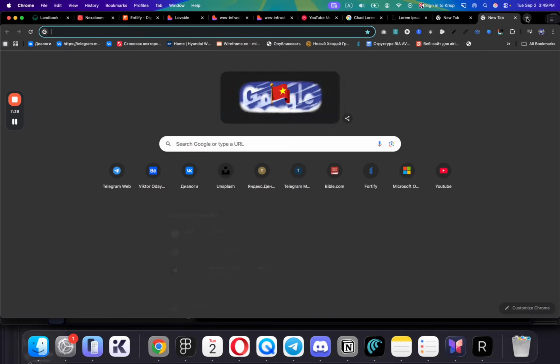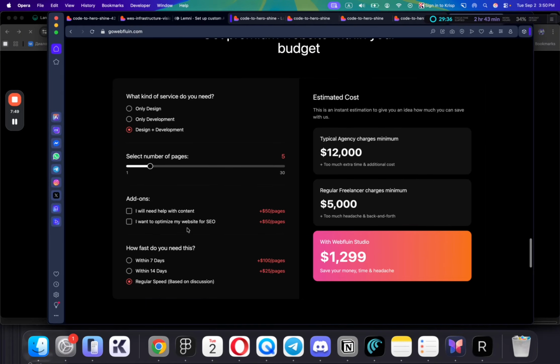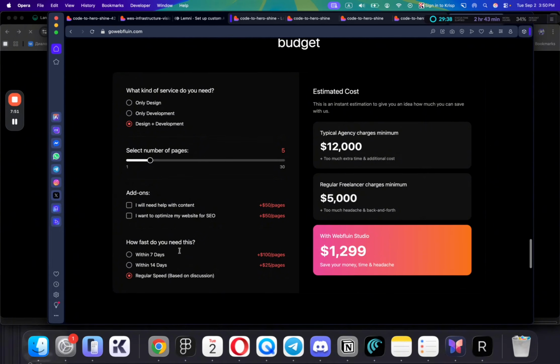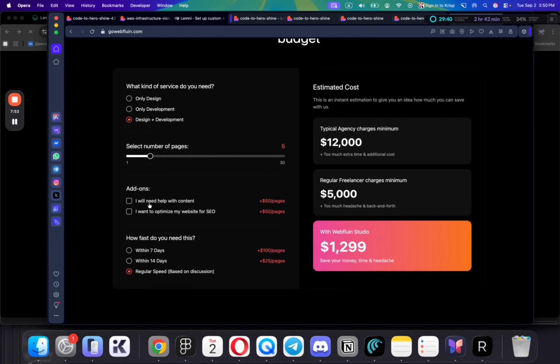If you go to my website, which is gowhatfluent.com, you can scroll to the price calculator, which is at the bottom of the page. Let me just load it up here. So there is the calculator, and one of the popular add-ons that a lot of clients choose is